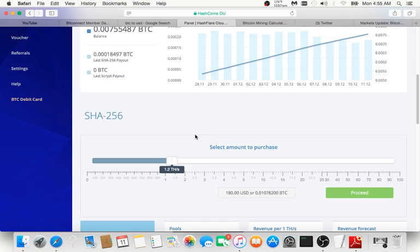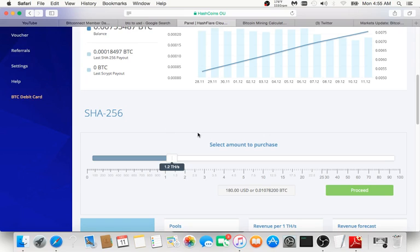And they have a selection of different cloud mining options there too. So if you were wanting to get strictly into cloud mining Bitcoin, then coming to Hashflare, selecting their SHA-256 is going to get you started with that. And again, guys, this is simply allowing this company to use their already set up hardware and software that's mining Bitcoin now. You are going through and basically purchasing hash power from them, and in return, they'll pay you in